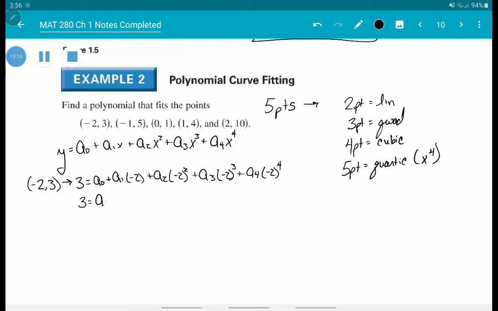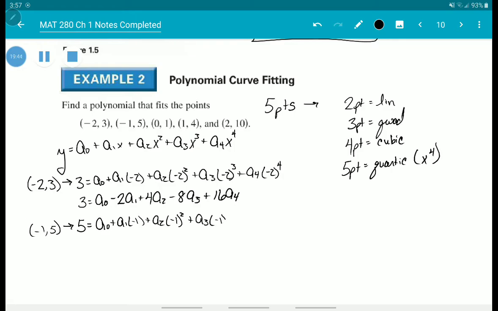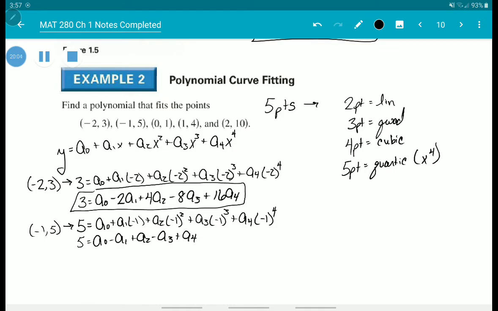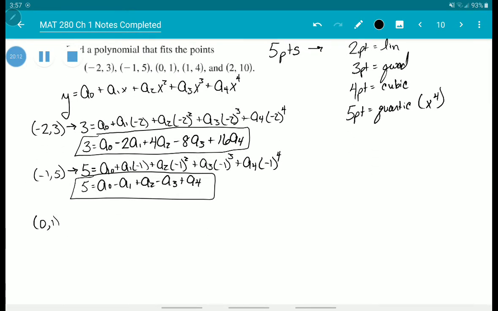I'm going to clean this up. So we have 3 is equal to a0 minus 2a1 plus 4a2 minus 8a3 plus 16a4. Our next point, 5 is the y, negative 1 is the x. Clean it up. Next point, 0, 1. Substitute